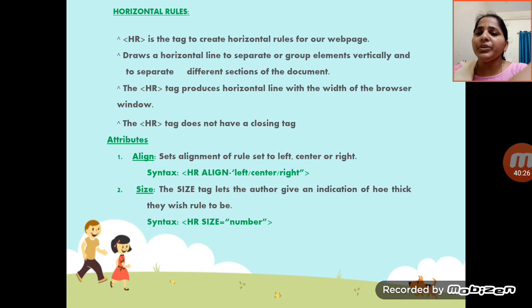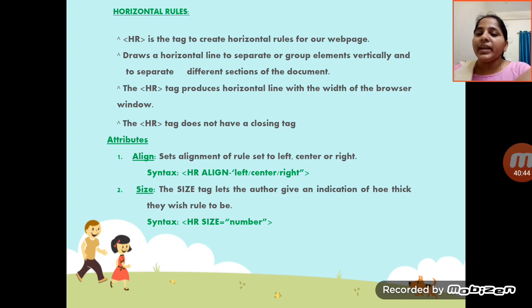After that, the attributes are alignment, size and width. The alignment attribute can be set to left, center or right, and the output follows whichever you choose.